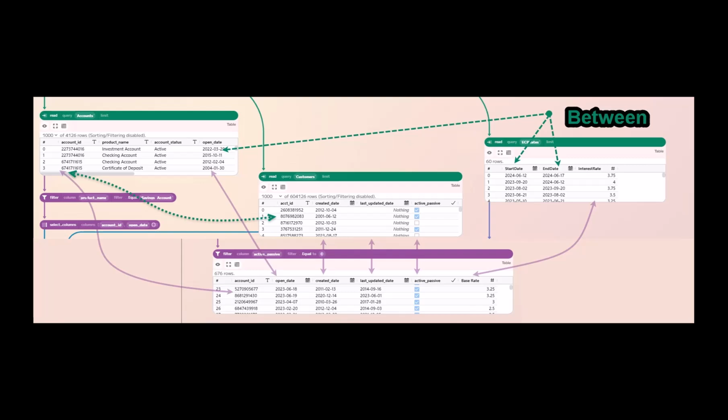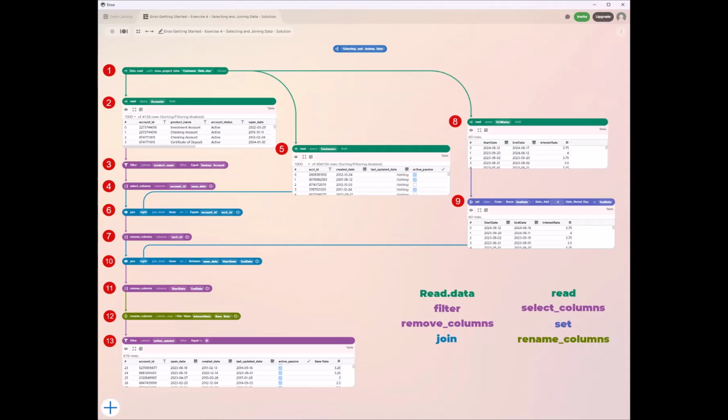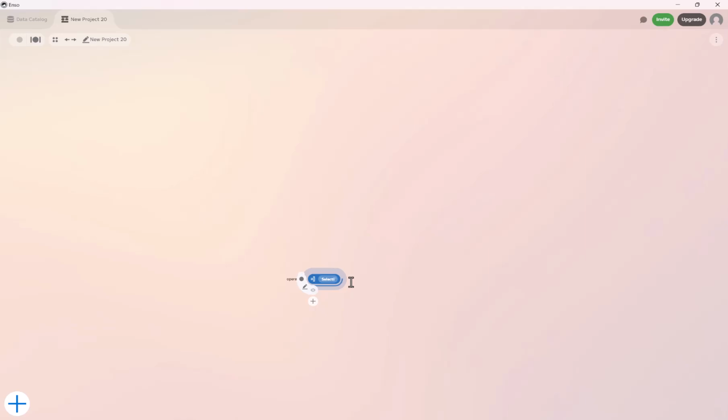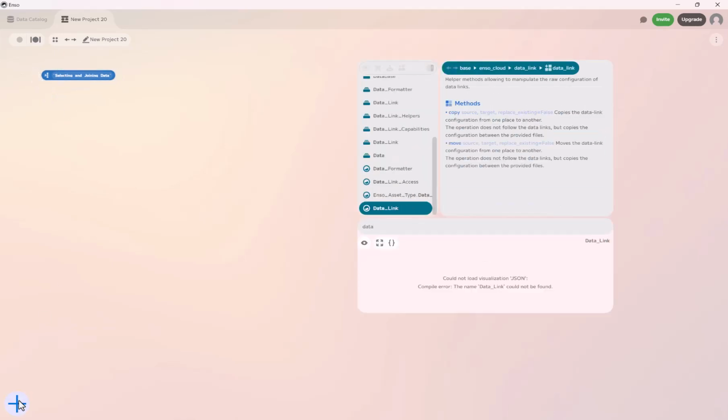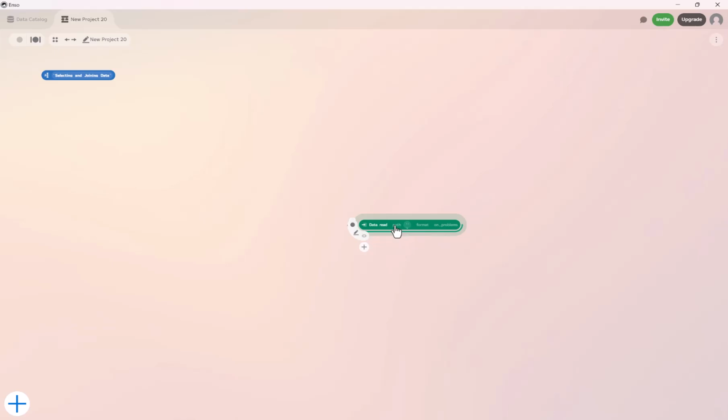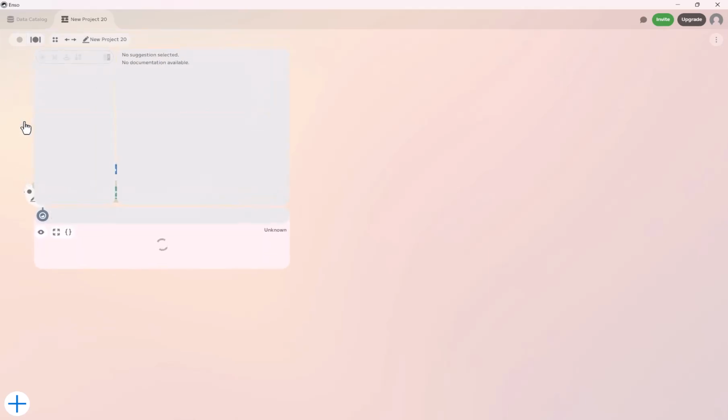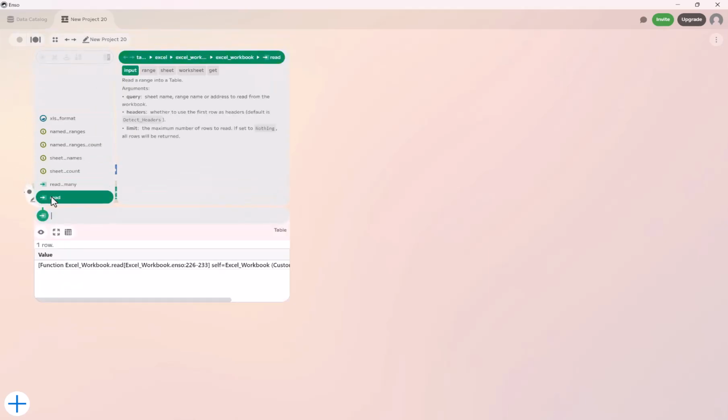So let's take a look at a completed exercise, and we'll have about 13 steps here to go through. So let's follow along and see how we solve the exercise. I can start by giving this a little graphic title and then move on into reading our data. This data all comes out of one Excel workbook, and so we use a data read to basically access the data in that workbook. And now we're going to add in the individual reads for the worksheets within the workbook